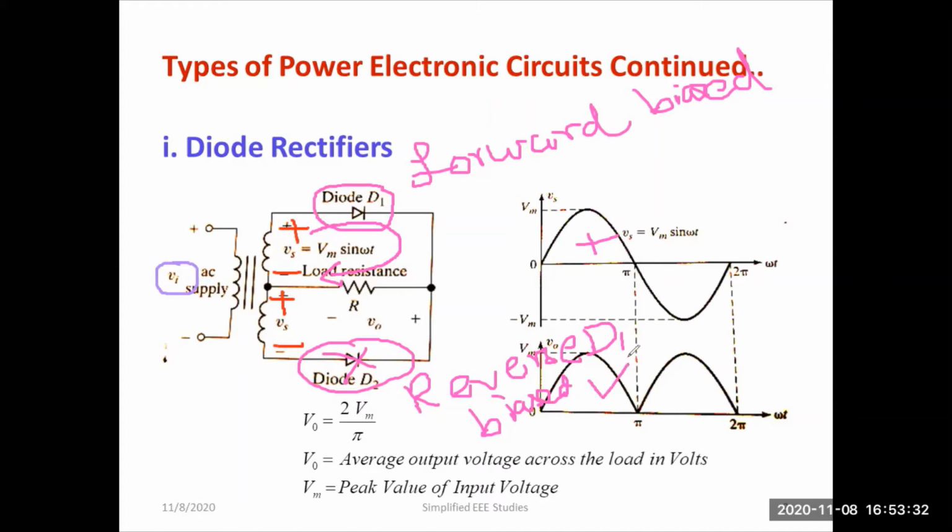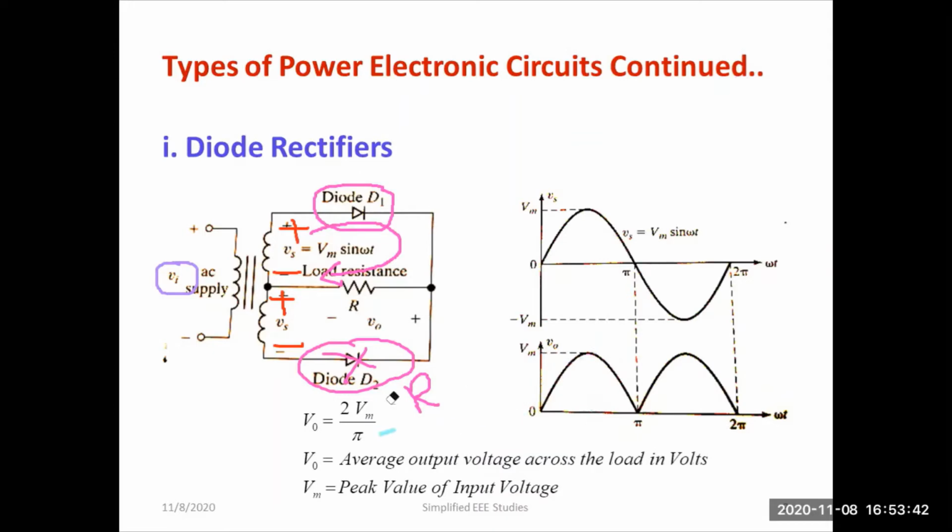So the first half cycle, that means the positive half cycle, has been completed. Now I would like to discuss the negative half cycle. During negative half cycle, what is going to happen? Let us have a brief discussion. First and foremost, you have to mark the polarity. You have to concentrate on this particular segment. So this is your negative half cycle. Here you have to mark minus, plus. Here minus, plus. It will be very much clear.